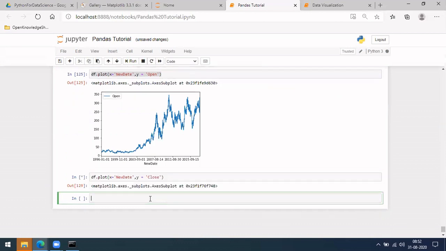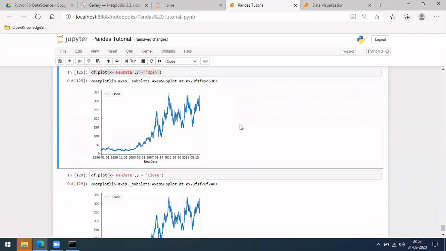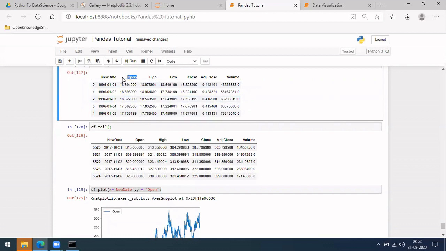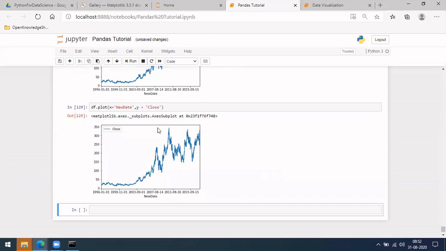close as well. So what open, close, or those denote, if you see these four: this is the value where it opened on that day, and high is the maximum value on that particular day, and similarly low is the lowest point where it went on that day, and close is what value it closed at at the end of the stock market, at 3:30 p.m. Close is at 3:30 p.m. and open is at 9:15 in the morning. So this is the variation you can see here. Similarly, I am also plotting close here, which is also similar to this. Okay, so it has gone maximum to somewhere near 350. That is what you can see.